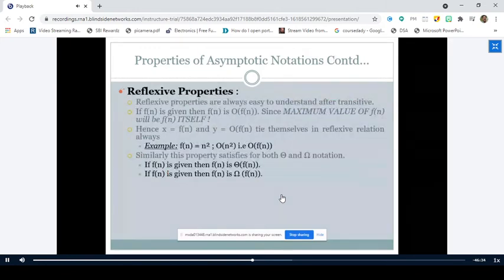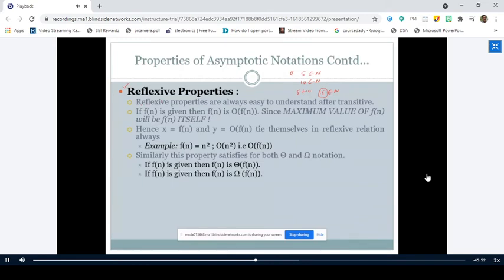We'll move to the third property, which is the reflexive property. What do you mean by reflexive property? Let me take an example. If 5 belongs to the natural number set and 10 belongs to the natural number set, what about 5 plus 10? Whatever operation you perform, 5 plus 10 is equal to 15. Does it belong to natural numbers? Yes. This is called the reflexive property. So if two values belong to the natural number set, then if you perform an operation on these two natural numbers, the result will also be a natural number.